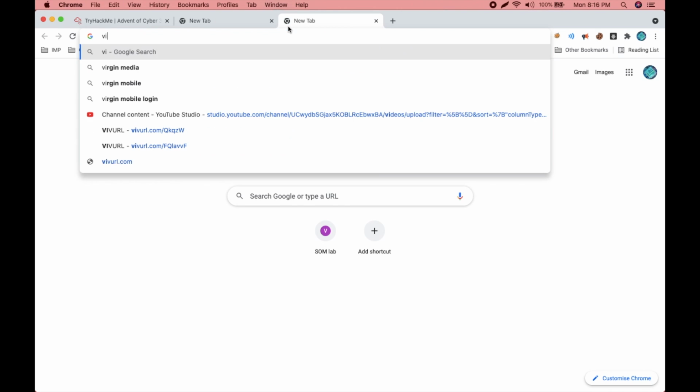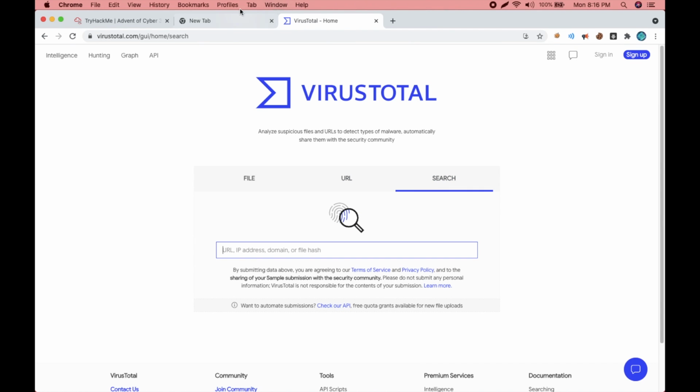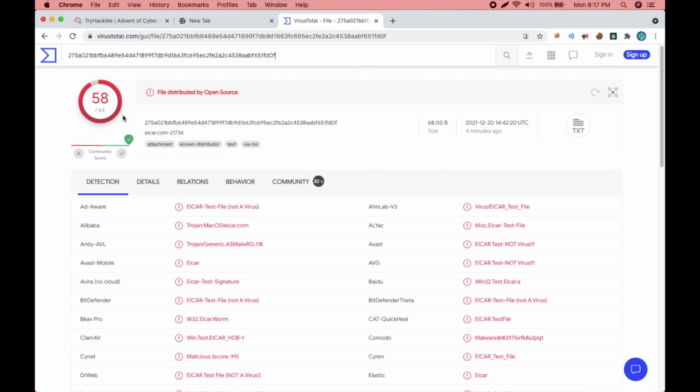Now I will just put that here because I have to search on this file. Now let's go to virustotal.com. VirusTotal. Now you can go to search using the file hash. Let's paste the hash we calculated for our test file. Now you see a bunch of red colors all around the screen, basically telling us that this is actually a virus file.